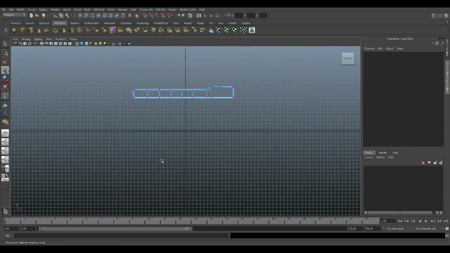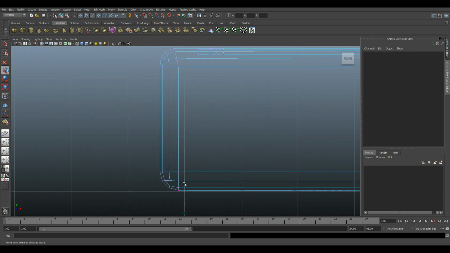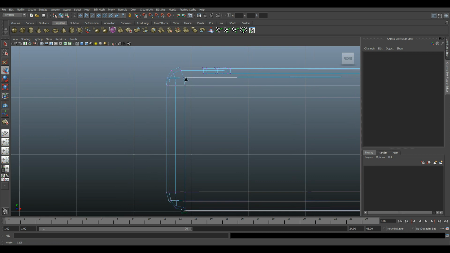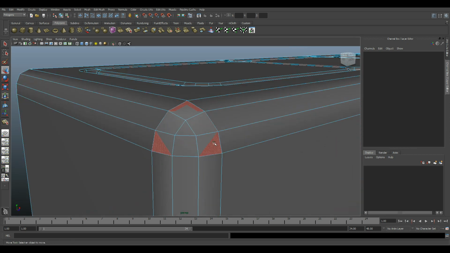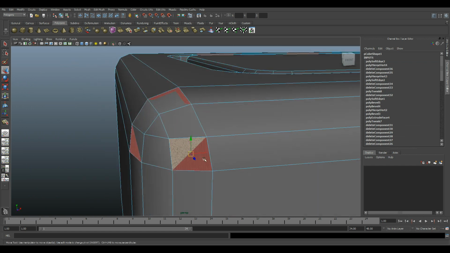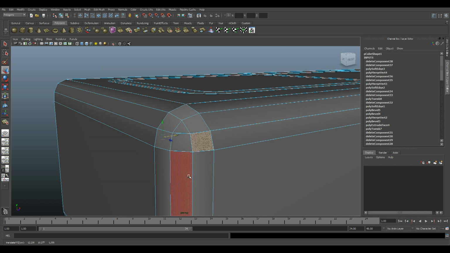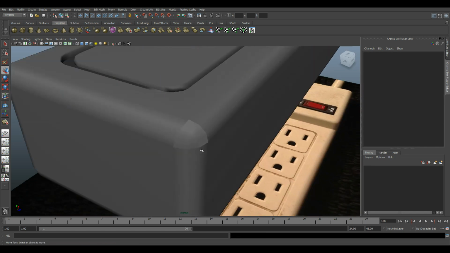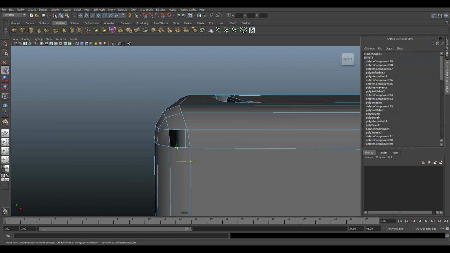I'm going to take a look in the side view here. And okay, I think I see the problem. I'm just going to delete some of those faces. That actually fixed it, I believe. Okay, it didn't really. I'm going to delete that face. And then I'm going to